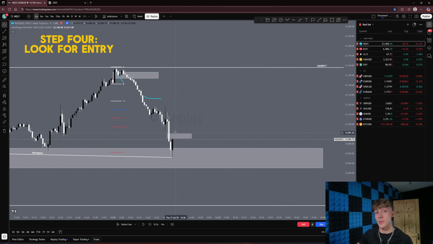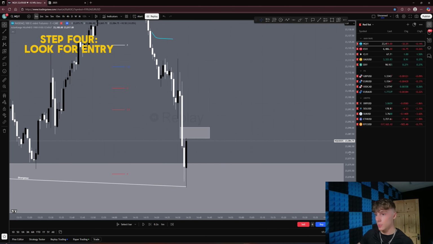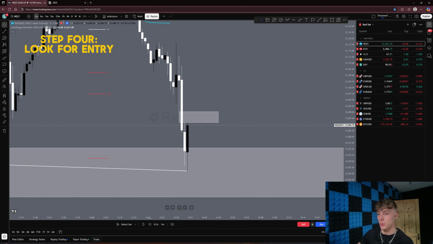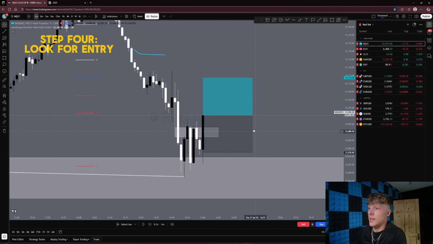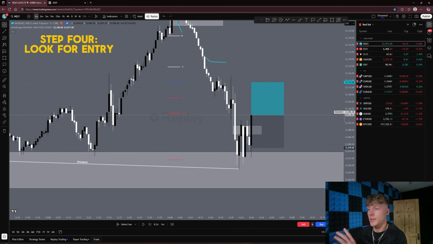Now why do we think the price is going to go higher? Because we have the liquidity point that lies up here. Because we use the inverse gap as an entry, let's wait to see if price can close through it. So at this point here, I would look to enter. With this amount of volume and a safe enough stop loss where it shows my idea is wrong, this is